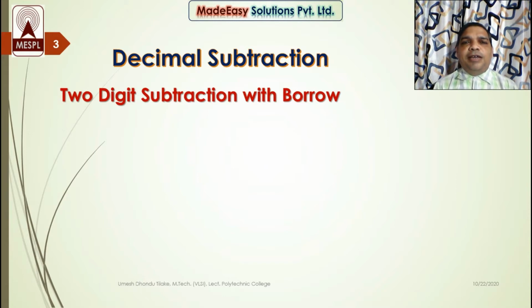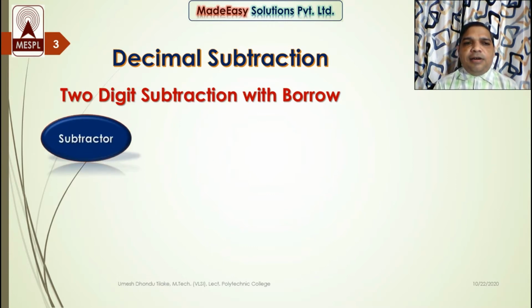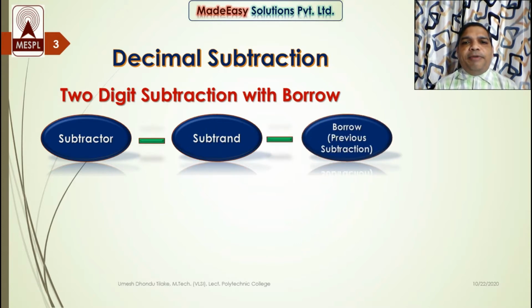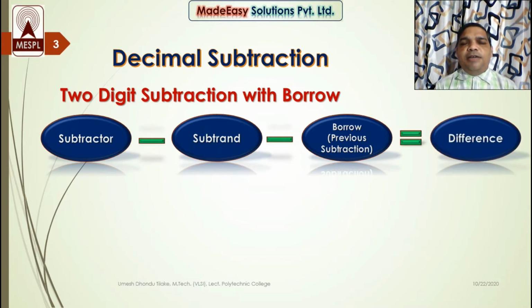So similarly, when I have to subtract a larger subtrahend from a smaller subtractor, I take a borrow from the next significant digit. And if a borrow is given by the least significant digit, we will have to subtract it from the current one. My equation will be like this. I have a subtractor over here and a subtrahend over here, that will be subtracted from the subtractor along with the borrow given to the previous subtraction, and it will give me the result. We call it the difference.